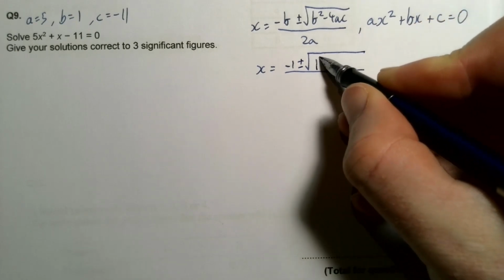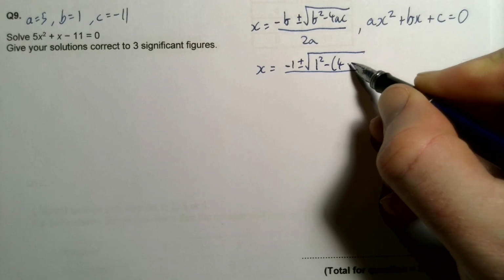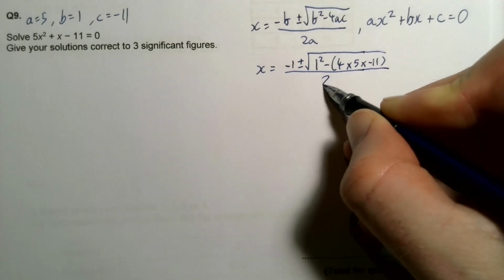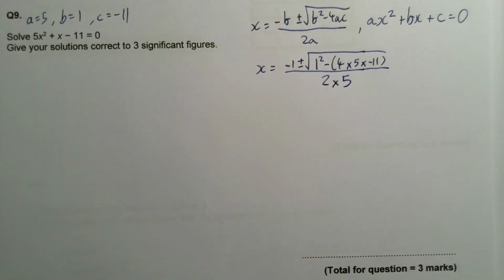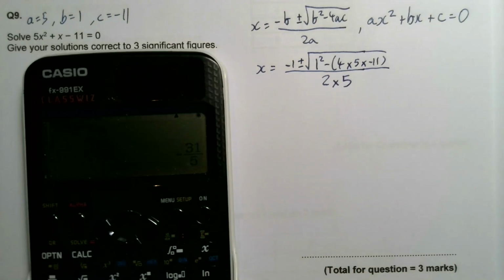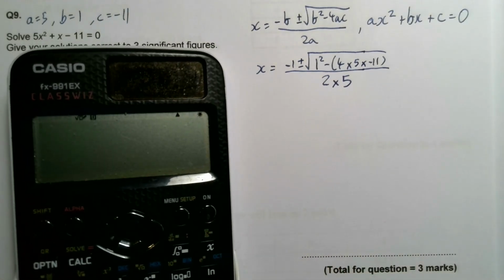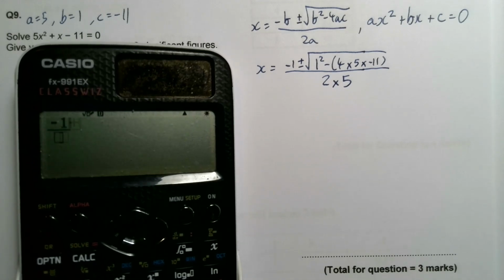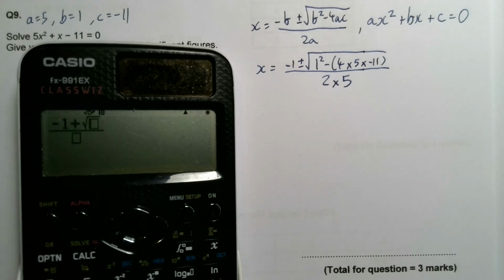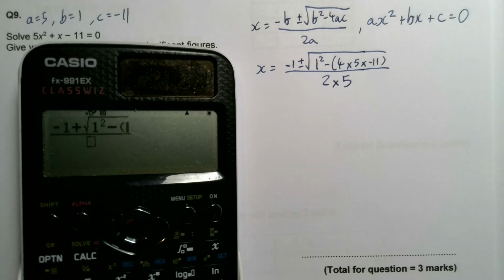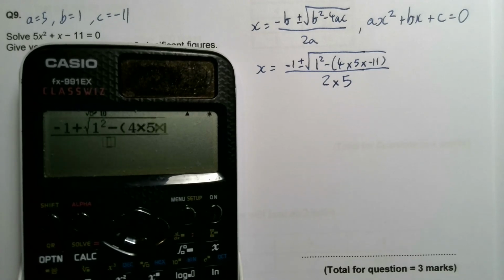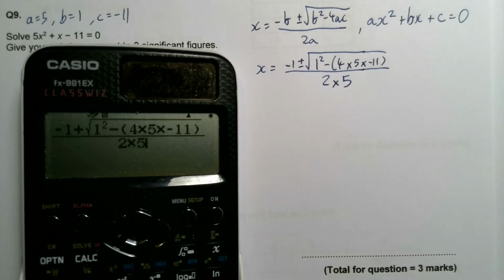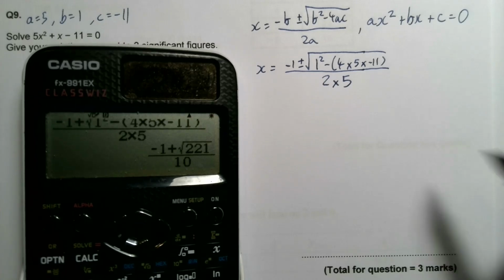B squared will be 1 squared. Take 4 times 5 times negative 11 all over 2 times 5. And there's absolutely nothing wrong with just getting your calculator at that point and putting all of that in. So press the fraction button, negative 1 plus square root 1 squared, even though you know that that's 1. Take 4 times 5 times negative 11, close the brackets, pop down to the bottom, 2 times 5, press equals, and it says